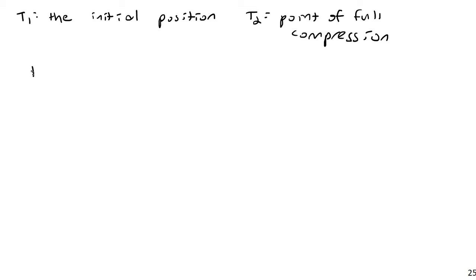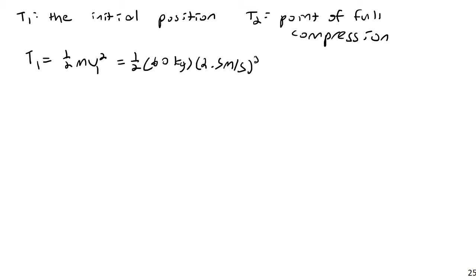So T1 will equal 1/2 mv squared. That's the initial kinetic energy, 1/2 mv1 squared, which is 1/2 times 60 kilograms times 2.5 meters per second quantity squared, which is then equal to 187.5 joules. And T2, the kinetic energy at point 2, is going to be 0. And then if I look at the work from 1 to 2,